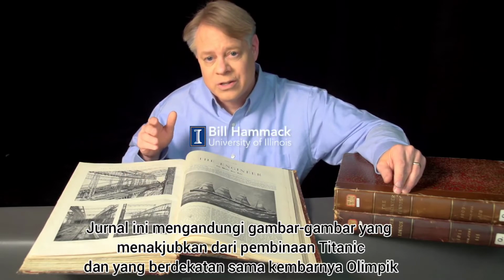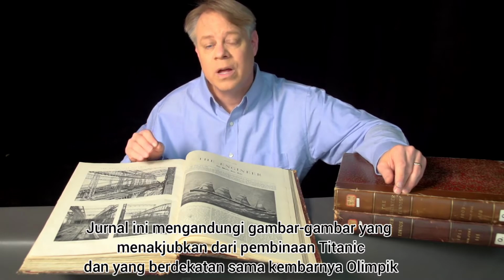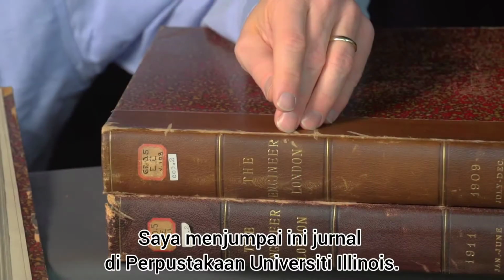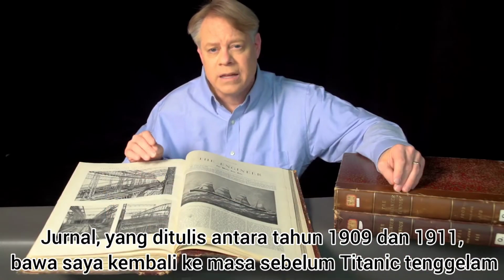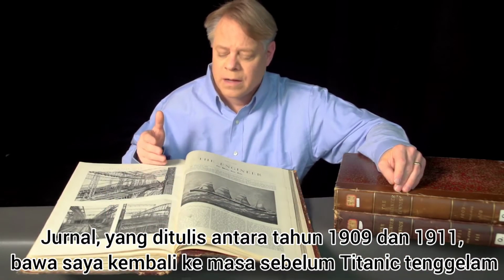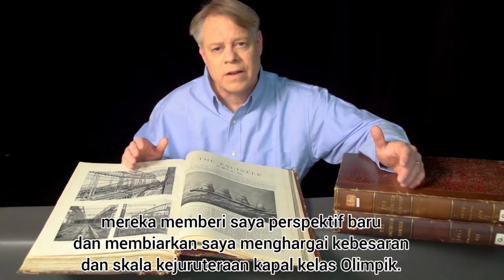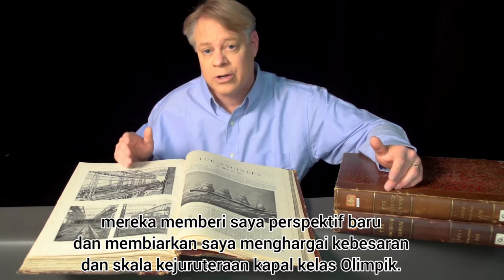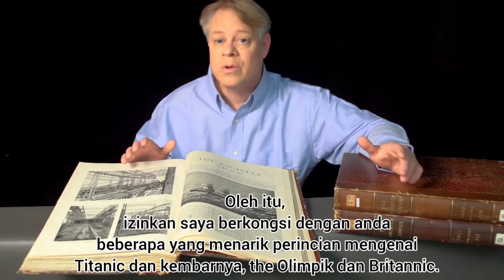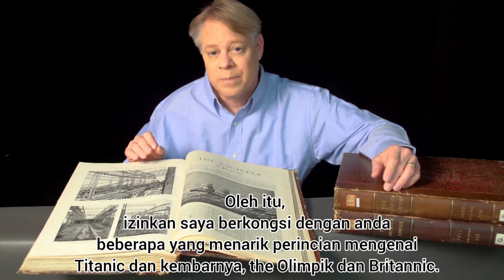These journals contain stunning images of the construction of the Titanic and its near-identical twin, the Olympic. I found these journals at the University of Illinois Library. The journals, written between 1909 and 1911, take me back to a time before the Titanic sunk. They give me a new perspective and let me appreciate the enormity of the scale of the engineering of the Olympic-class ships. So, let me share with you some fascinating details about the Titanic and its twins, the Olympic and